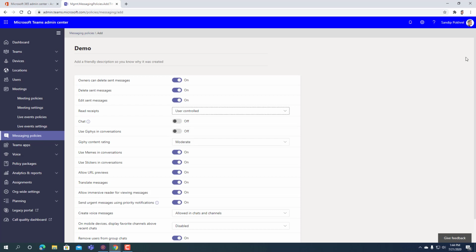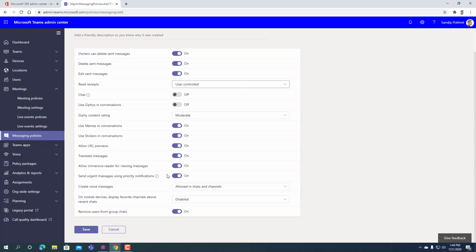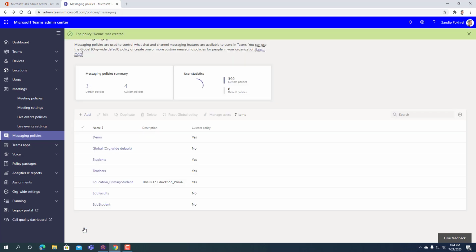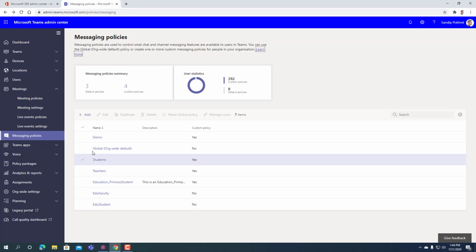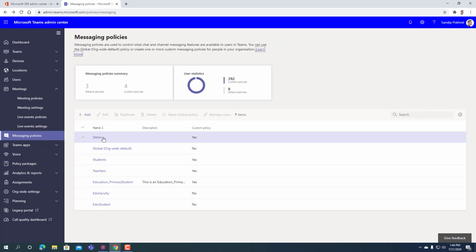Now save this. Here you can see the demo policy inside messaging policy. Now let's move to